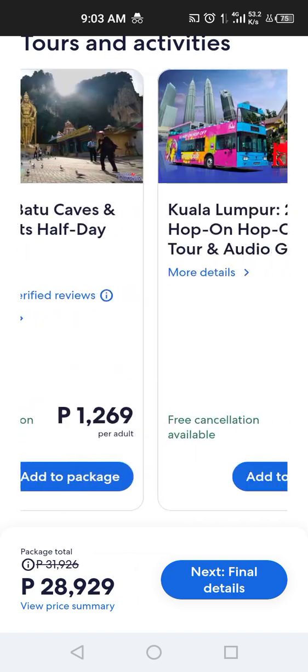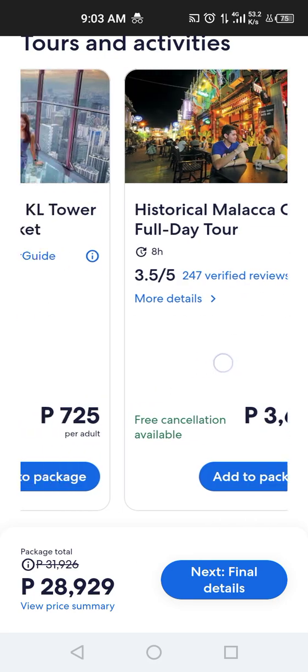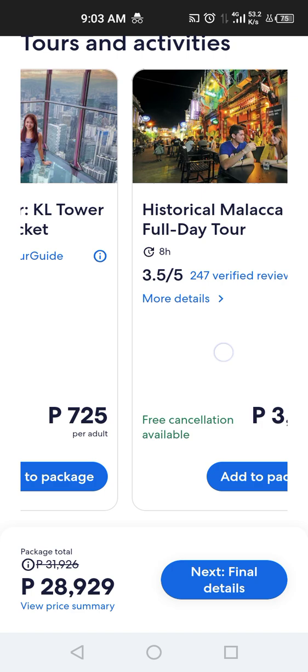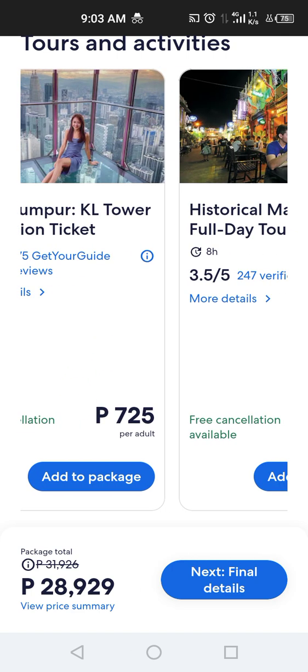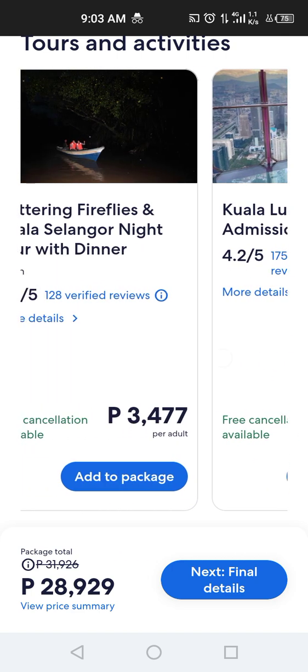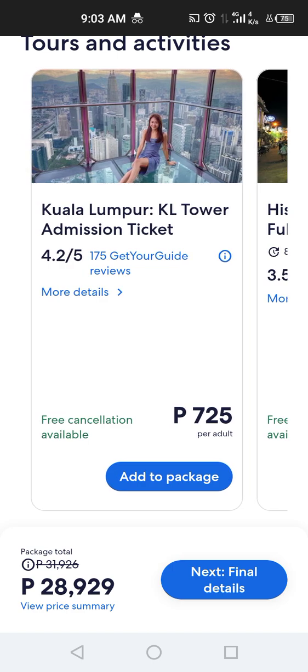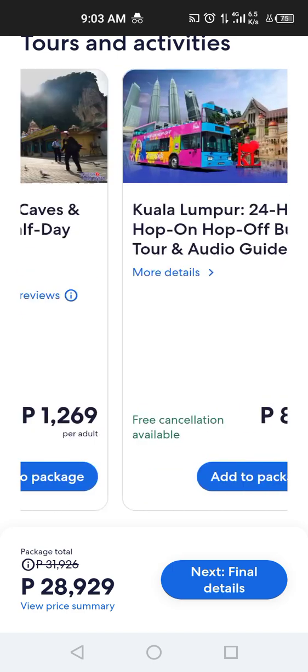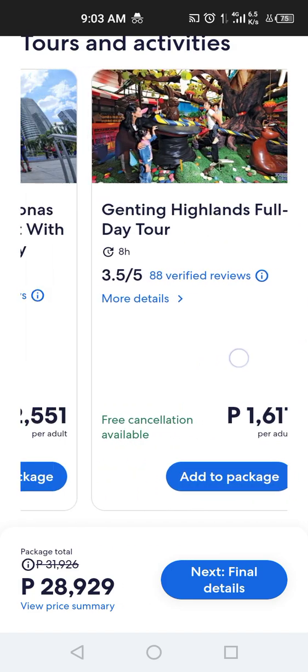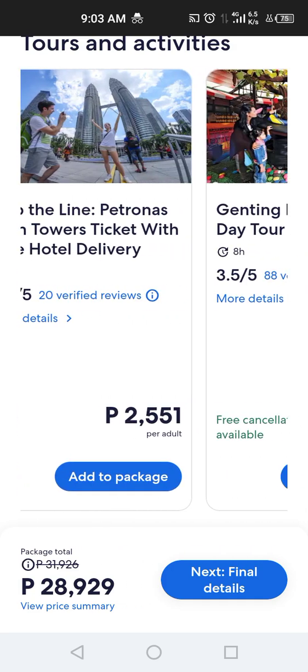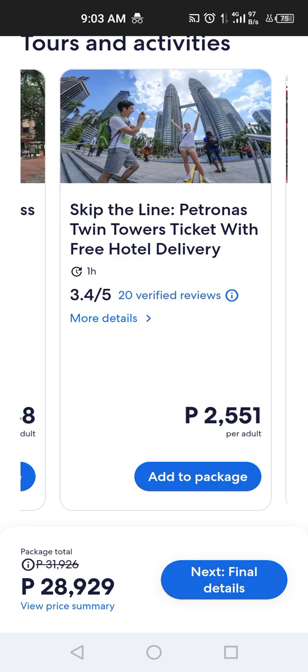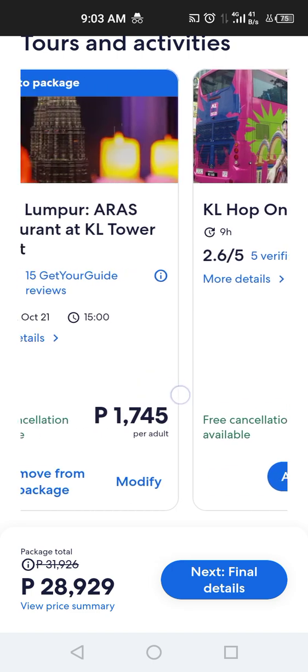So after that, we'll be maybe traveling. Oh, I like this one. Yeah, this one, the Twin Tower admission ticket. Yep. Wait, let me double check. The Twin Towers.